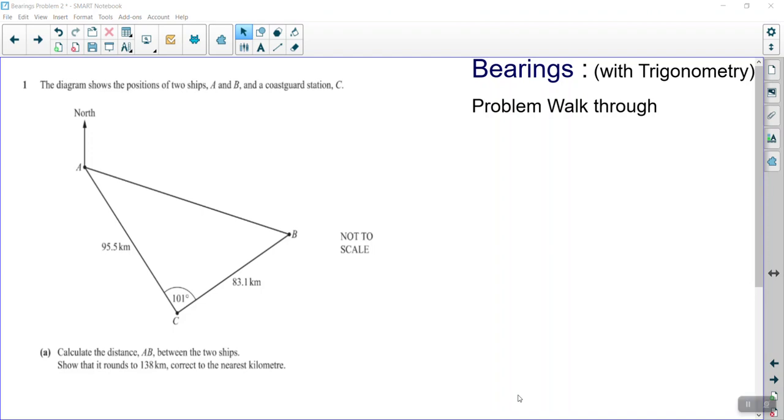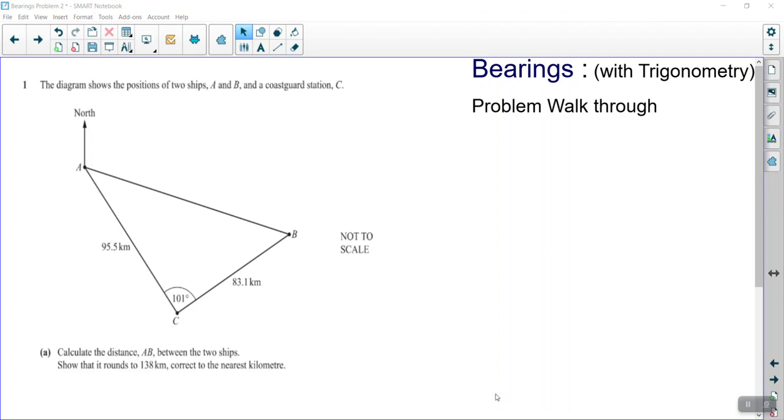In this video, we will solve a bearings problem that requires the application of trigonometric rules. That's basically the sine rule, cosine rule, or sometimes even just the trig ratios, depending on the situation. This is a past paper question in a calculator paper. So let's get started. The diagram shows a position of two ships A and B and a coast guard station